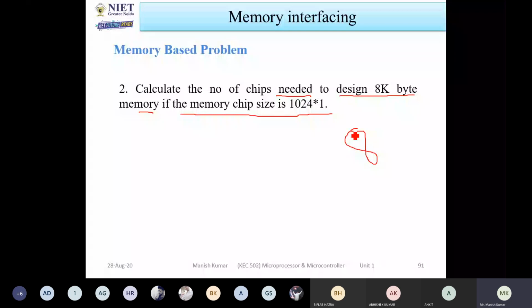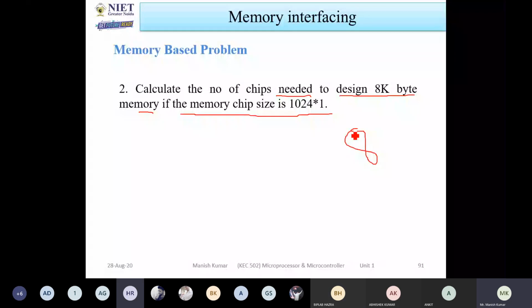कॉन्सेप्ट क्या है? हमें पूछ रहा है नंबर ऑफ चिप्स नीडेड। मतलब मान लो कि हमें 10 किलो गेहूं खरीदना है, और 10 किलो गेहूं खरीदने के लिए जब हम मार्केट जा रहे हैं तो वहां पे 1-1 किलो के पैकेट्स पड़े हैं, तो हमें कितने पैकेट्स की रिक्वायरमेंट होगी, बस यही करना है। तो बोले तो सर 8 चिप? गलत है ना, यही तो बता रहा हूं मैं। गलत।